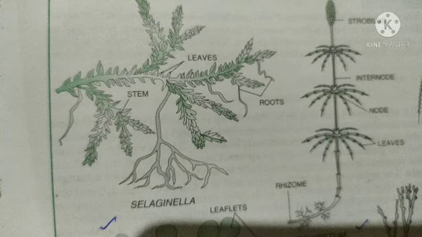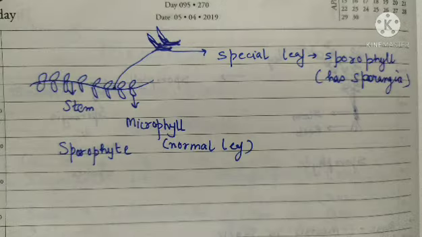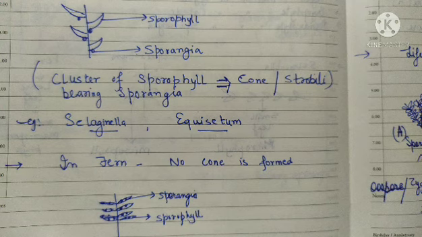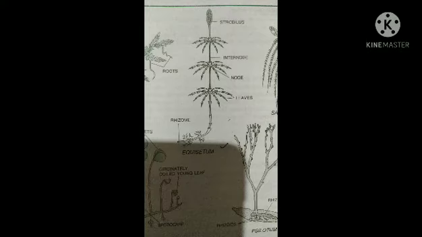these spores are haploid spores. As in algae you have observed that the zygote was a single celled sporophyte. In bryophyte you have observed that there was a capsule in which meiosis was taking place and spores were formed. But in pteridophyte there are sporangia present, and these sporangia are present on special leaves known as sporophyll. Inside the sporangia there will be formation of spores by meiosis, cell division.